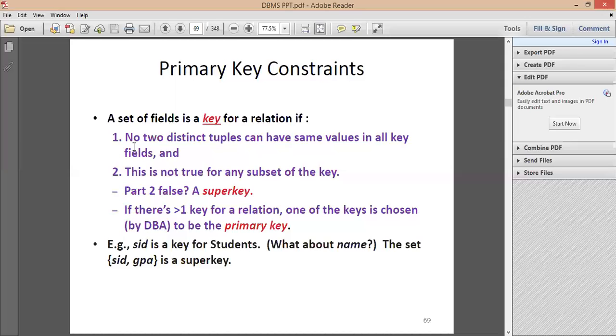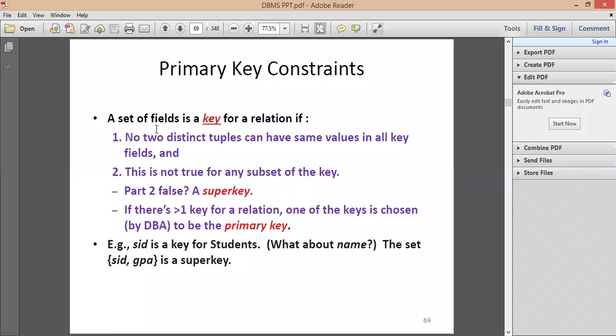Among the n number of keys available in a particular table or relation, the primary key is the one which has unique values, unique tuples in it, and it is the only one available in the table.